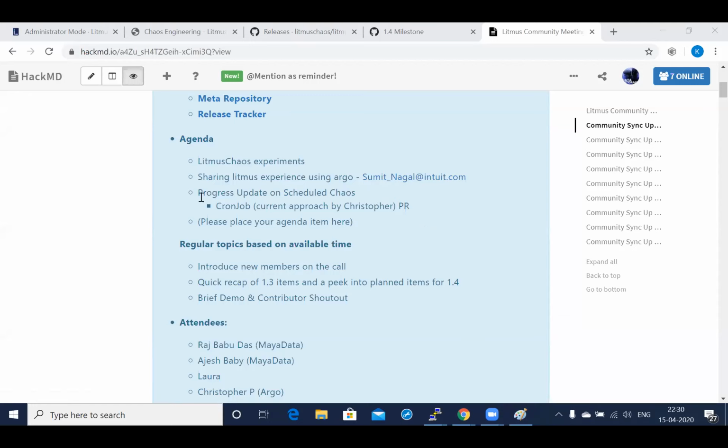So the next agenda item is the questions that Christopher has shared. The first question is about a progress update on the scheduled chaos. So Christopher, this is an item which has been prioritized for 1.4.